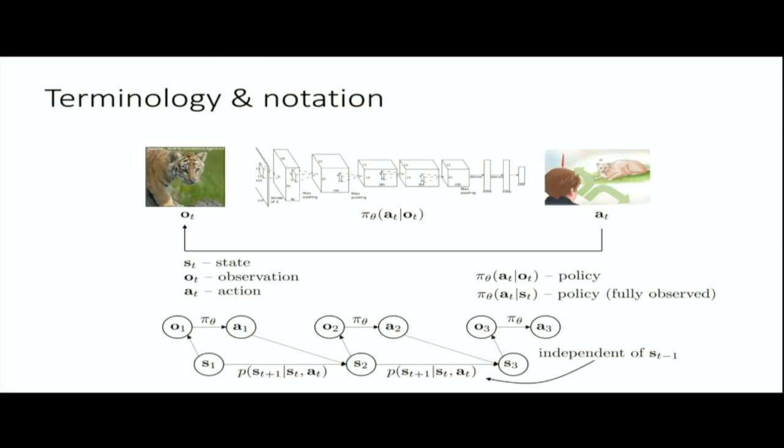That is not the case for observations. Observations are not by themselves conditionally independent in time. So knowing the observation at time step t, over here at time step 2, might not be enough to fully figure out the future. For example, if there's an automobile in front of the cheetah right here, but it was not in front of the cheetah over here, then maybe knowing this previous observation might actually help you figure out where the cheetah is now.